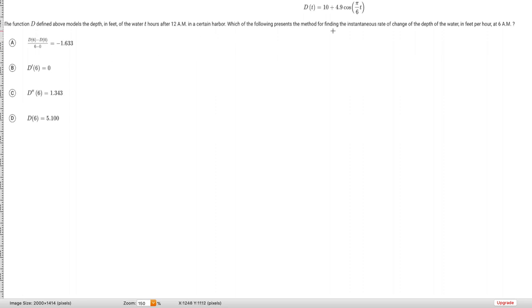This problem, take your time, read this problem. To do this first one, what we need to really just understand is only one thing, which is that the derivative represents instantaneous rate of change. So we only really need to know that D prime of t, this is the only real concept that we gotta know here, and then we need to know how to differentiate, is that the derivative is the instantaneous